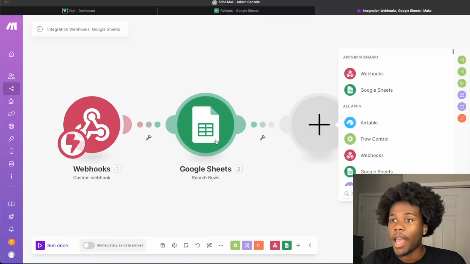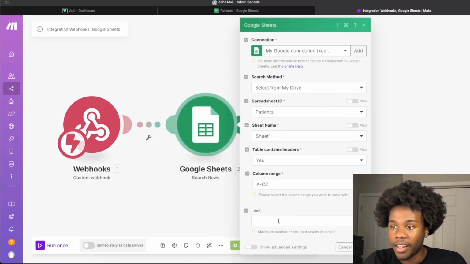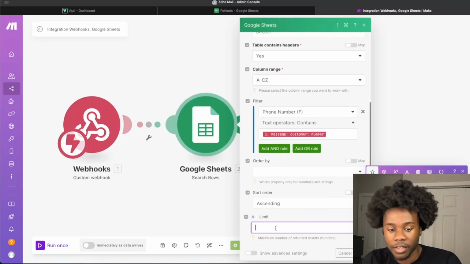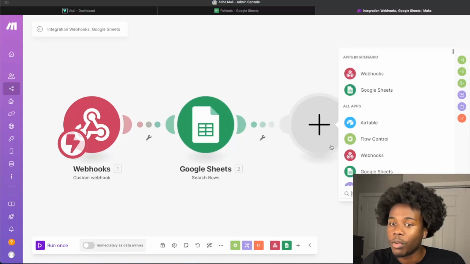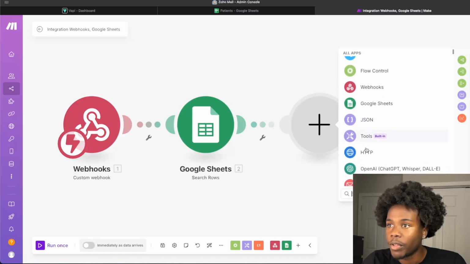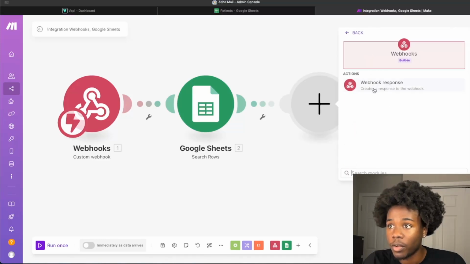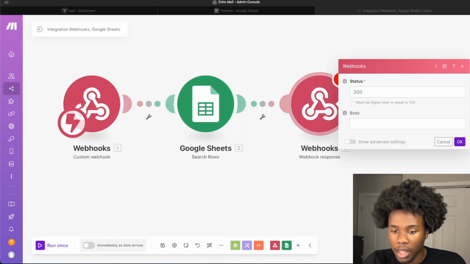But after we've found that particular row, we'll just put a limit of 1 because it's only returning one phone number. So after we found that particular row that we're looking for, the next thing we need to do is make a return webhook response. So you're going to go to webhooks. The only option is going to be webhook response 200. And then for the body,